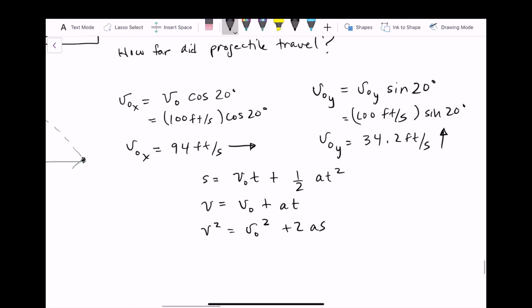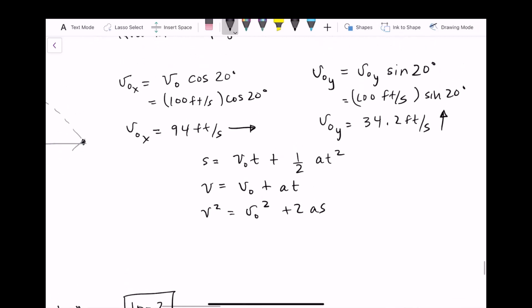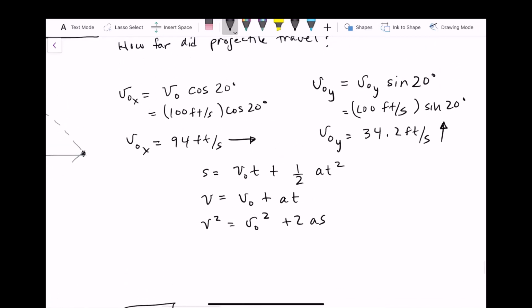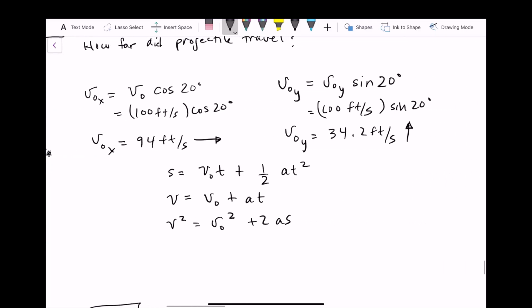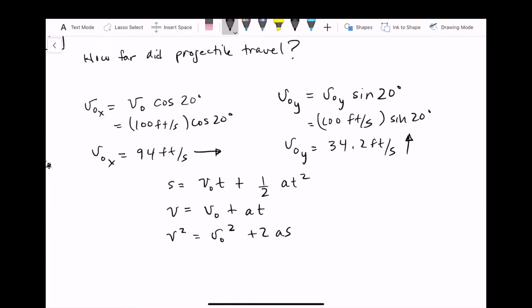Now keep in mind, as I said before, we would have to write this out 6 times: 3 for x direction, 3 for y direction. But when you think about it, the only thing that's really given here is our x direction displacement. No, that's what we want to find, sorry, is the x direction displacement. And since we know the x direction velocity, the question is whether or not we can determine the value for s, that x direction displacement,